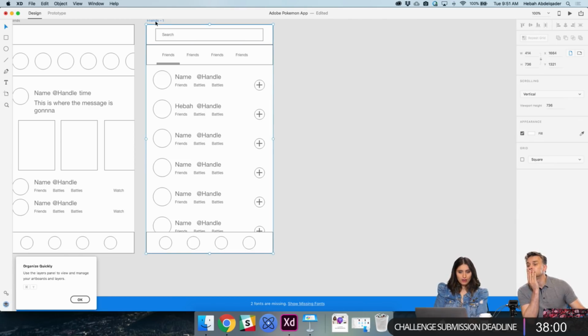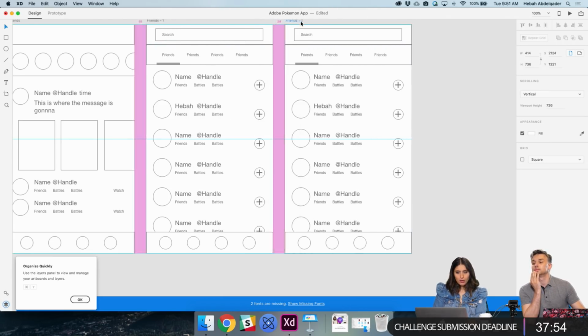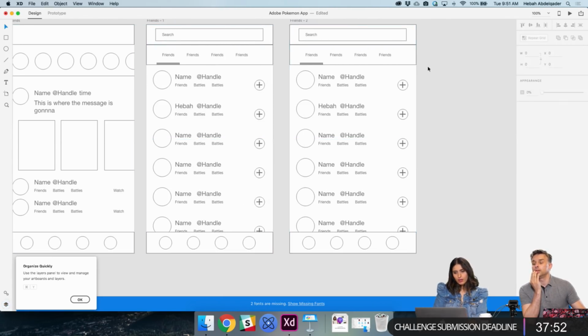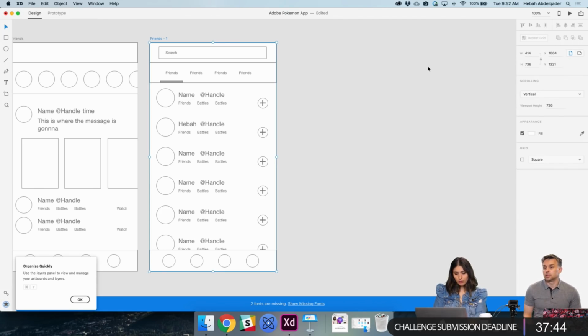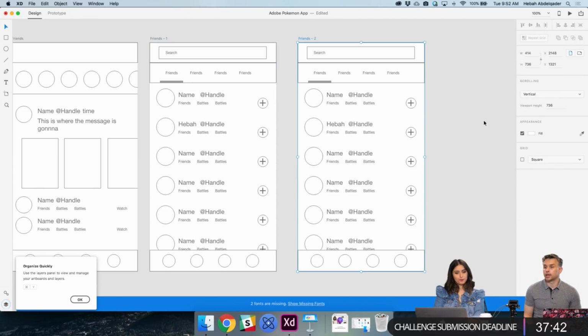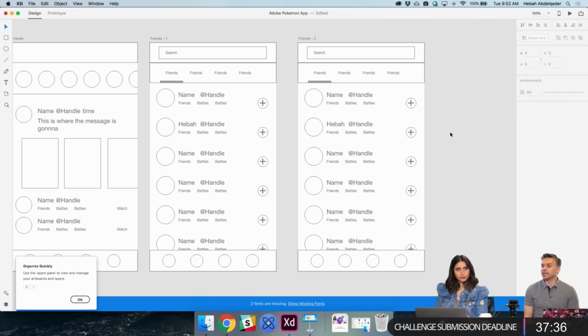Basically, if you click Shift, Command, and then click on the name of the artboard, you can just move it. You could even copy the whole thing. Just press Command D, and it will duplicate it right next to it, and it should keep that same spacing. Let's check that out. Command D. Look at that. I guess it didn't keep the spacing just right, but it's okay. Basically, think of artboards just like any other element that you create, which is nice.